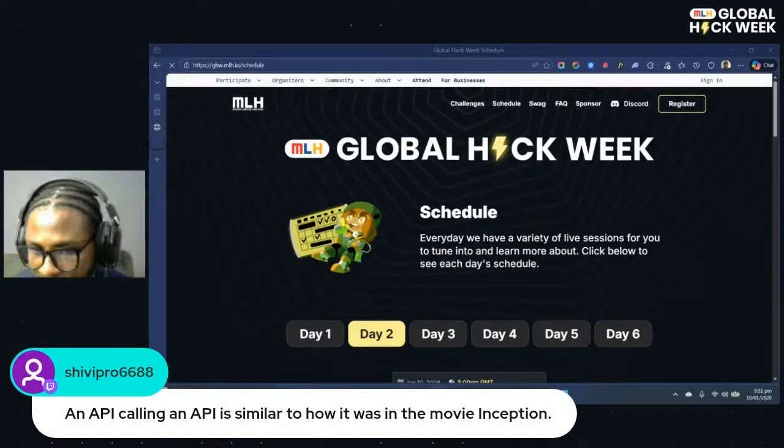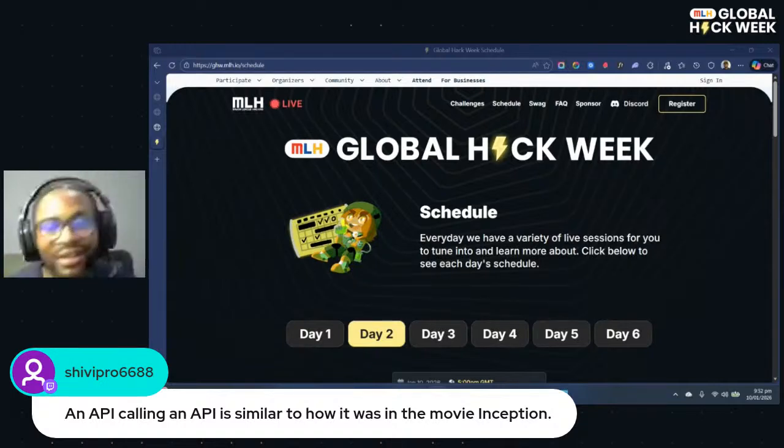Oh, so an API calling an API is similar to the movie Inception, a dream inside a dream. Oh, okay, now I get the connection. I'm not sure I've watched that movie, but yes, having a dream inside a dream. There's something we call callback hell in programming. I don't think it's just JavaScript specific; it's general. You're making a call inside a callback, and there's another callback waiting for the other callback to resolve. So you have callback hell.